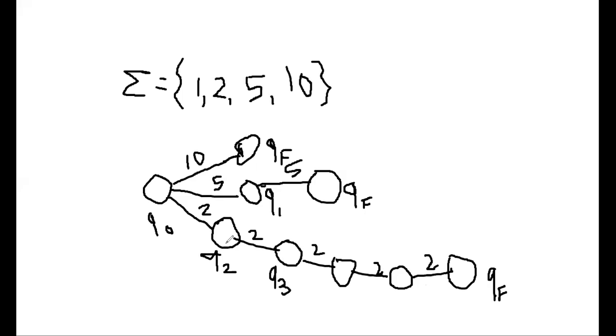So these three options I know, but there may be some more possibilities. 1 rupee coin 10 times, yes, it will make the amount. 2 rupee, 1 rupee, 2 rupee, 2 rupee, and 5 rupee coins, yes, it will make the amount. So likewise, any combination of these 4 alphabets, 1, 2, 5, 10, I can get the output.